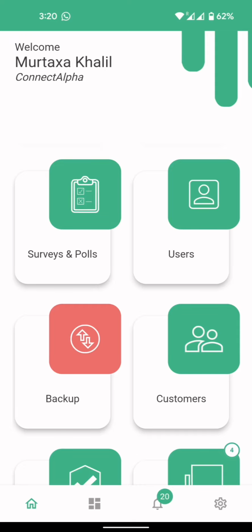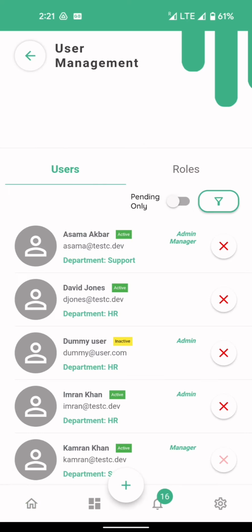Users in Connect tab refer to the staff of your organization, while consumers of your services or products are referred to as customers. From your Connect tab home screen, selecting Users tab takes you to the User Management home screen. By default, you will see the Users tab first on the left side, with all your staff listed underneath in